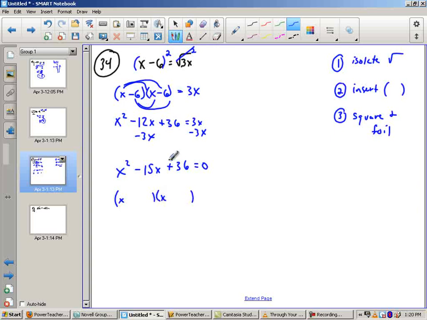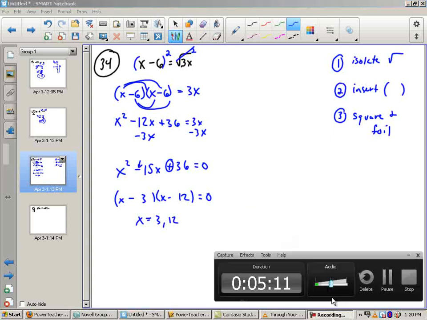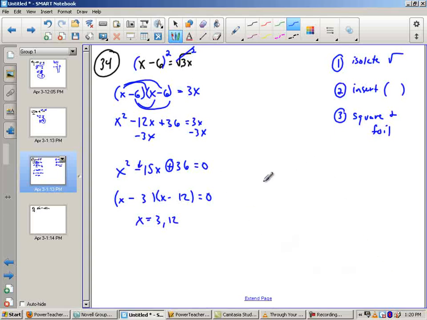It'll give me x and x. My signs are the same and negative, so negative, negative. Factors of 36 that add up to 15. I'm thinking of 3 and 12, which tells me that x could equal 3 or it could equal 12. Unfortunately, when I squared this, I ended up losing the identity of positive or negative. Sorry about that. So it's possible that one of these or both of these might not work,